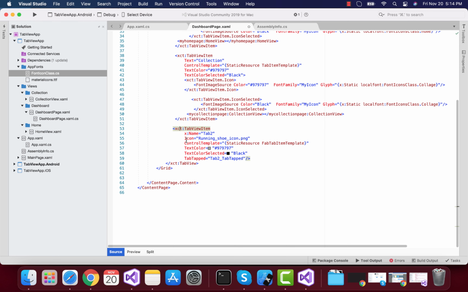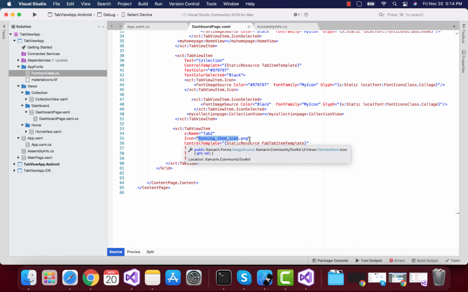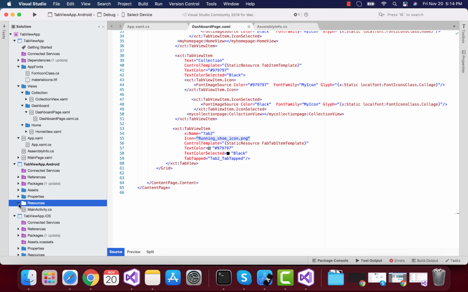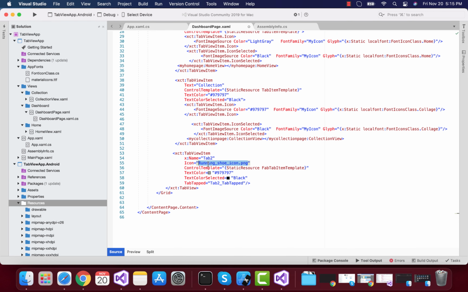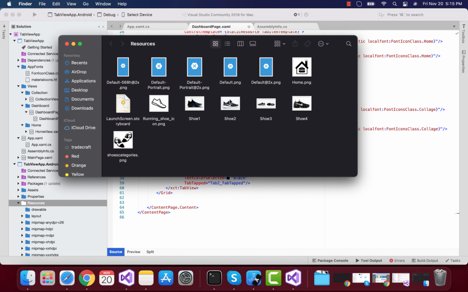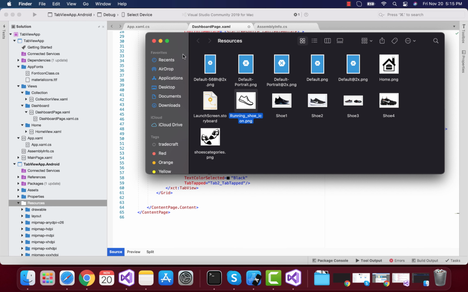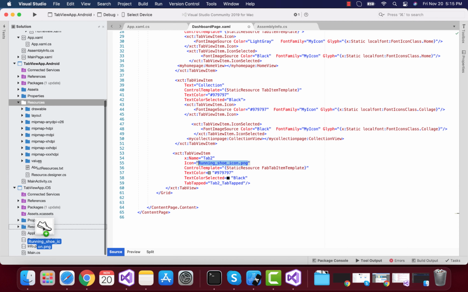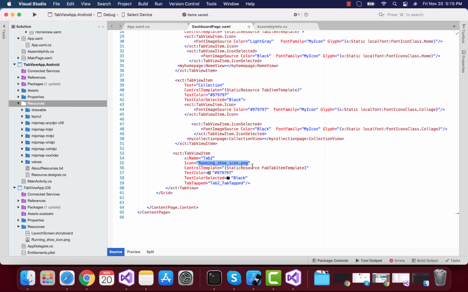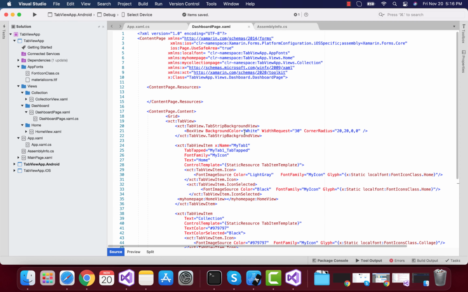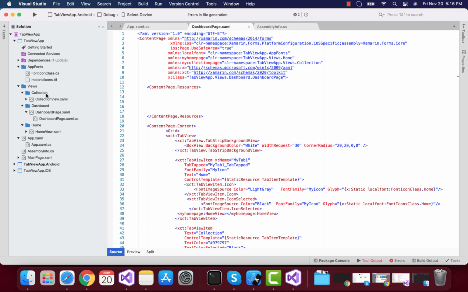That's it. So this is our third item, that is our fab button item. So it has icon as .png. You can just add that icon also inside that tab view item. It doesn't mean that we need to add those icons. So you can just play around with our tab items, that is changing from position 1 to 2 or 3. You can just place that fab button at middle by taking that tab view item at middle and the collection view item at bottom. So play around with those values.